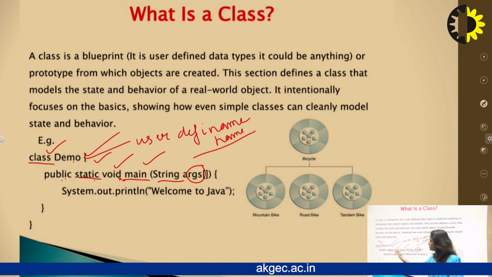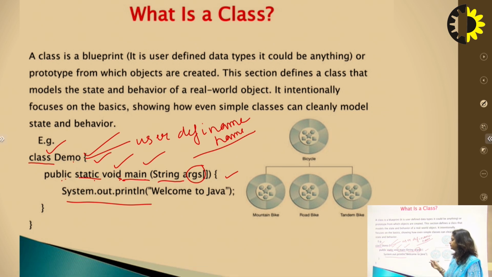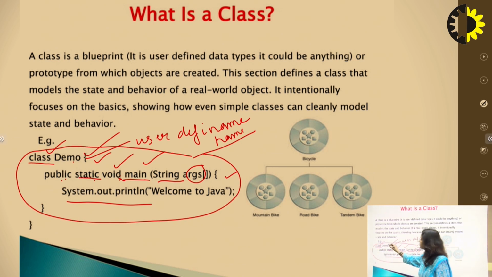Now, after the declaration of the main method, we will start the body of the main method. That includes a printing statement or maybe the initialization, declaration or definition of a method as well as of a variable. So here we will write an output statement, System.out.println, and we are printing "welcome to Java". Now, how can we execute this program? Before executing, we have to save this file with the name of the class to which the main method belongs. As the main method belongs to class demo, we will save it as demo.java.